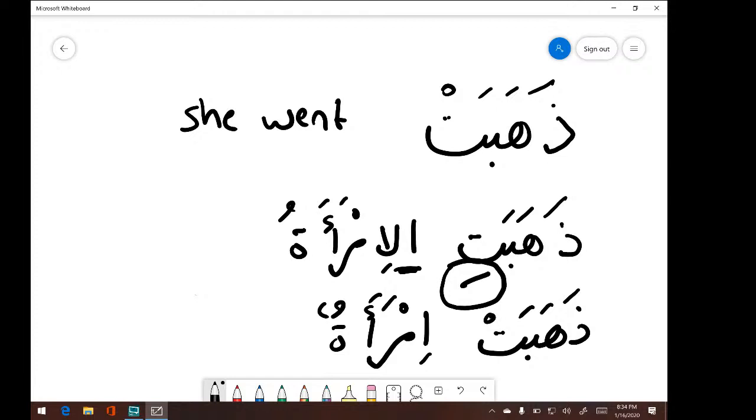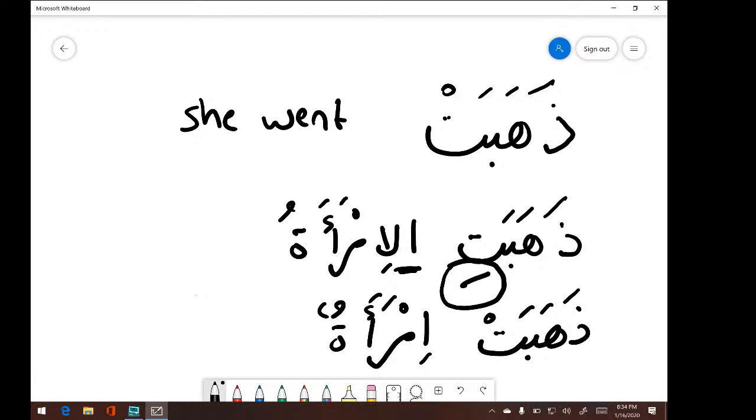Right. Is there any term for instances like this that are going to come up later, when there isn't technically a rule, but it's just something to facilitate pronunciation, and we just learn them as we go? No, you just learn them as you go, and as you speak, you'll just get used to it. The thing is, dhahabat al-imra'atu is not wrong. That's what I'm trying to tell you. This is not really that kind of rule. Dhahabat al-imra'atu is not wrong. It's just to make it flow, exactly. It's part of the flow of Arabic.